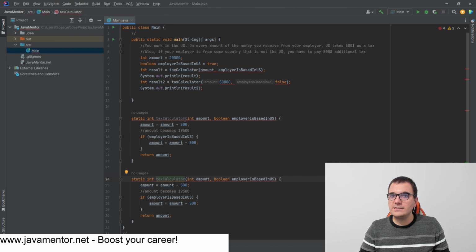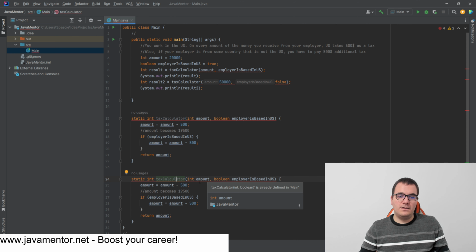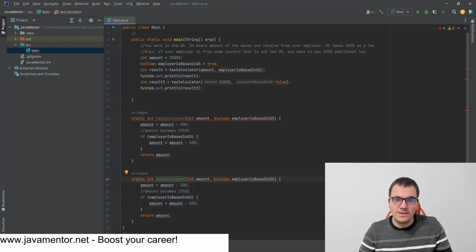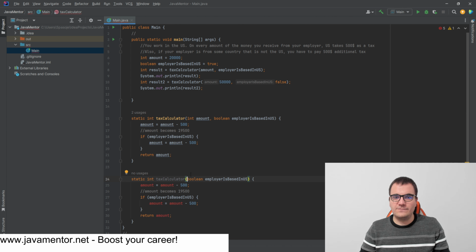But it's not only the name that is included in the signature, the arguments also matter, and that means both the order of the arguments and the data types of the arguments are important. For example, you can have two different functions named the same but with different arguments. For example, if you just exclude this argument from this second function,